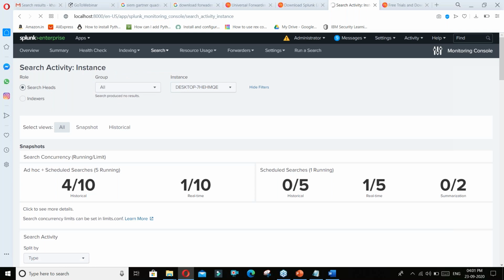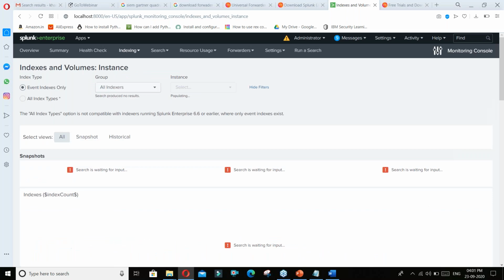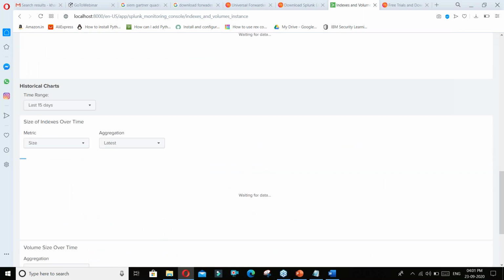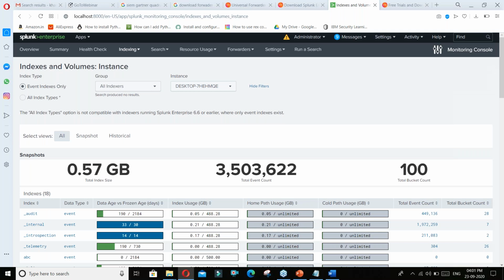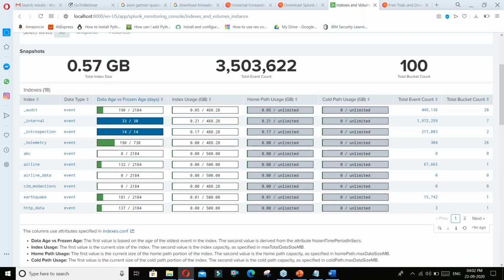Let me open this. So these are pre-created dashboards related to health. If you want to create your own, you must know the search query. So this is an overview of the index that is present on this one.